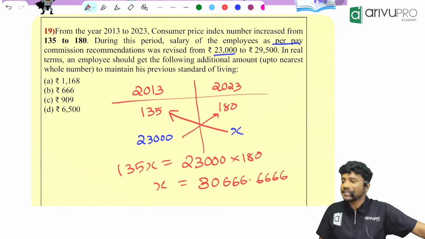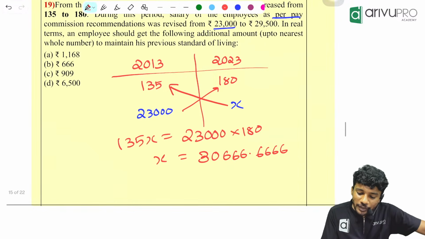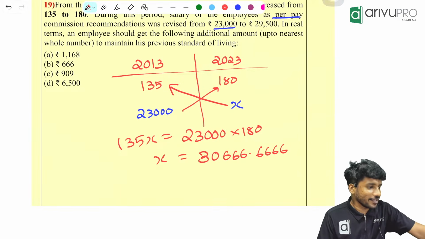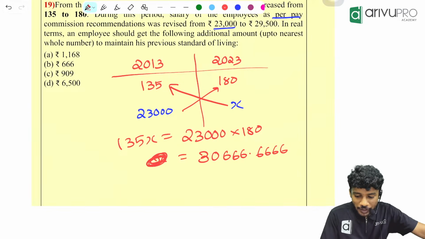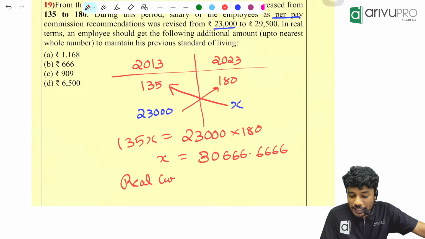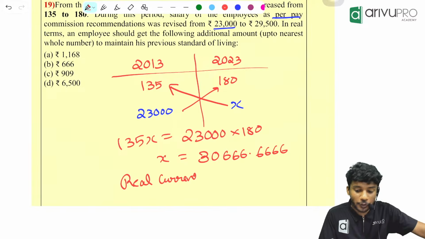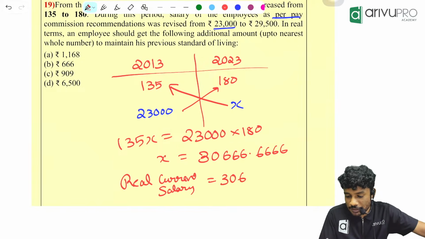30,666.666666. Correct? This is my actual current salary. Okay, this is my what, people? This x value is nothing but my real current salary which they should pay me. Okay, real current salary they should have paid. That is